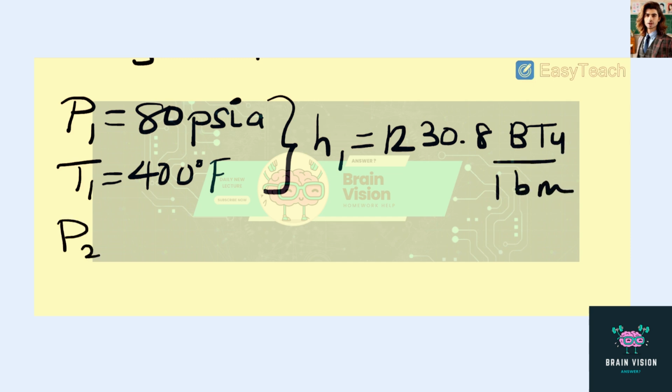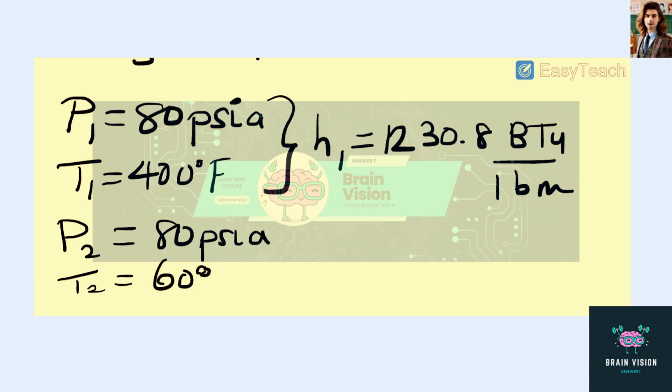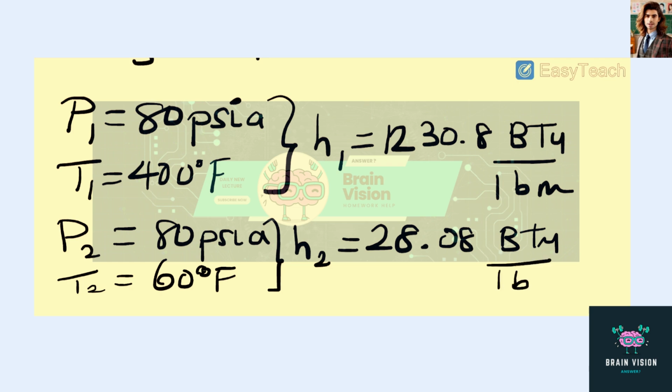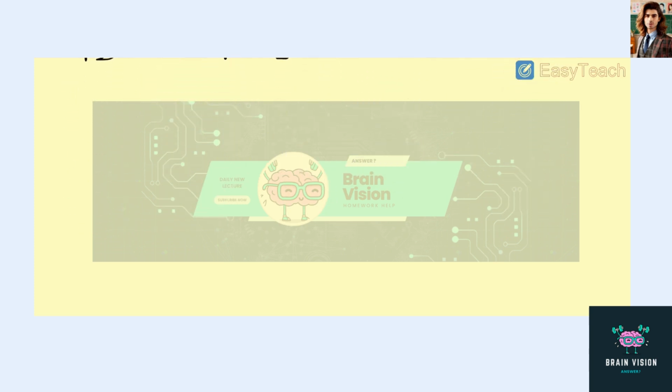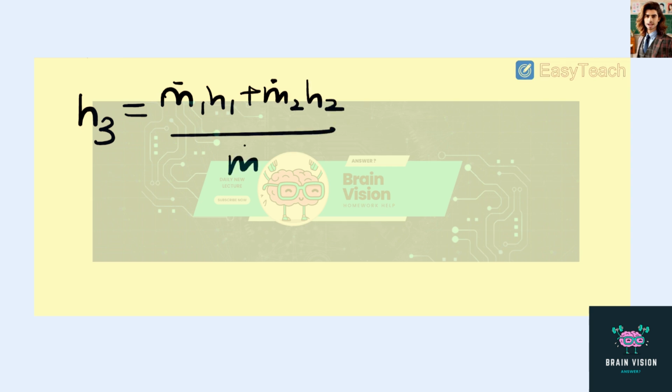And if we look at our incoming liquid water, that's at a pressure of again 80 psi, but at a temperature equal to 60 degrees F. Now this corresponds to an enthalpy equal to 28.08 BTU per pound mass. And now these values are just coming from our thermodynamic tables. So now what we can do is rearrange that energy balance that we had above and solve for h3. So we know that h3 will just be equal to m dot 1 h1 plus m dot 2 h2 all over m dot 3. So we're plugging in for all these quantities. We get final enthalpy equal to 85.35